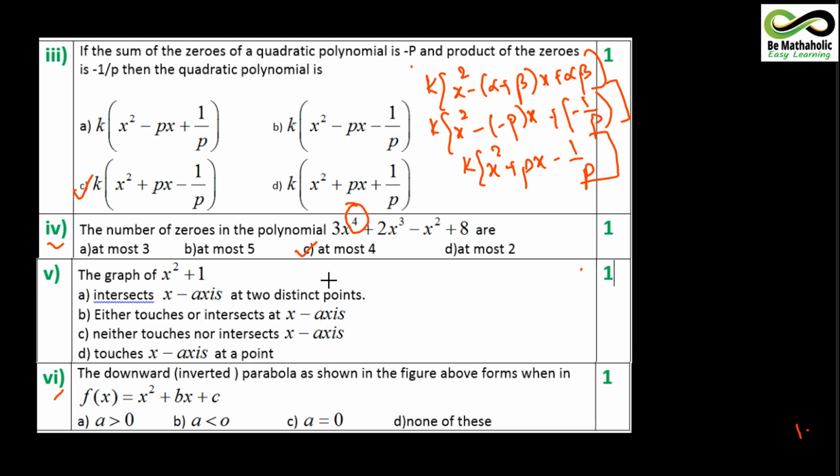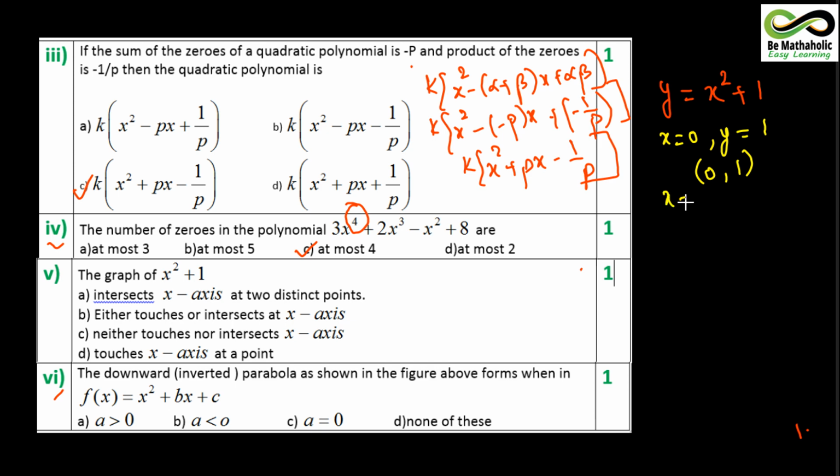Now you might get stuck at this particular question. So let me tell you in an easier manner what should be the answer to this question. If you get stuck at such a question, please remember to write the polynomial in this form: let y equal x square plus 1, and try to get the coordinates of these points. Suppose I put x equal to 0, I will have the value of y as 1. That means one coordinate I am going to have is 0, 1.